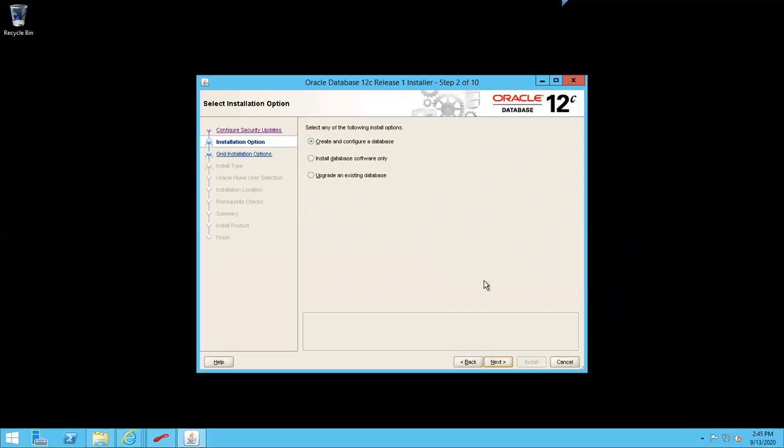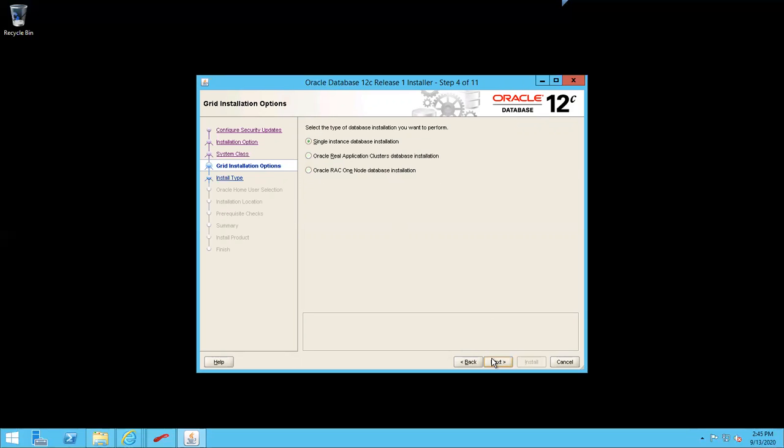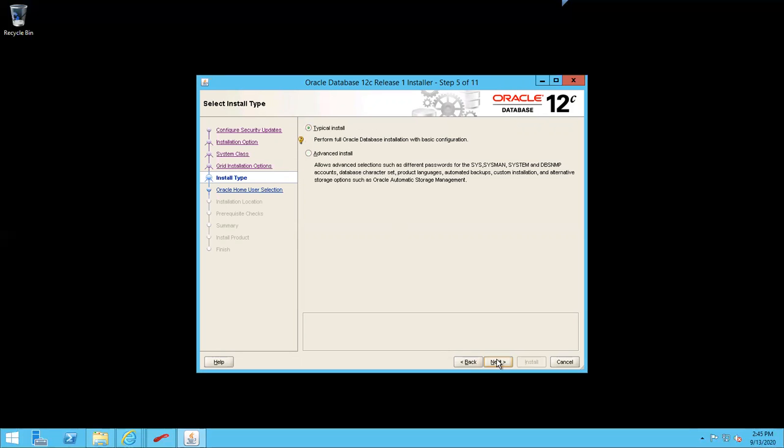Create and configure database. Should be fine. This is a server, single instance, typical.